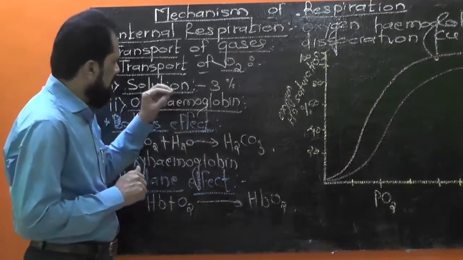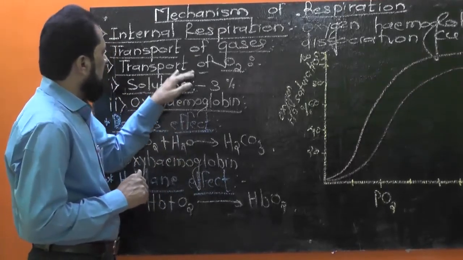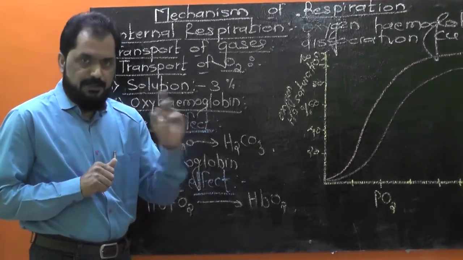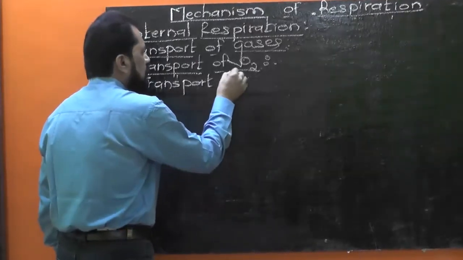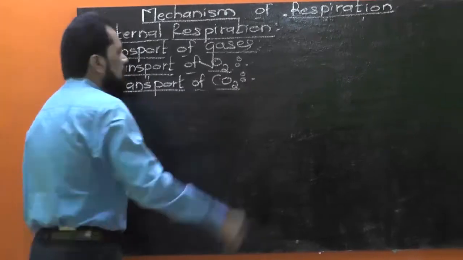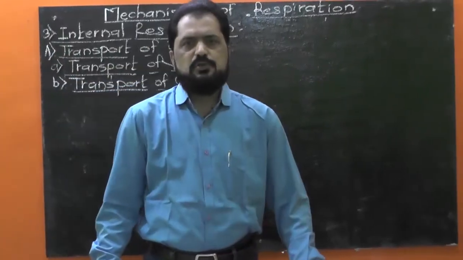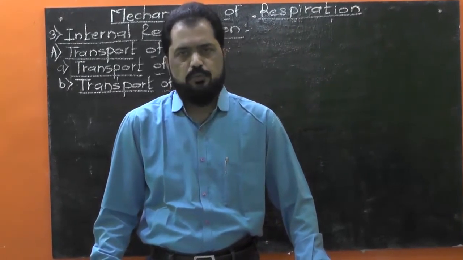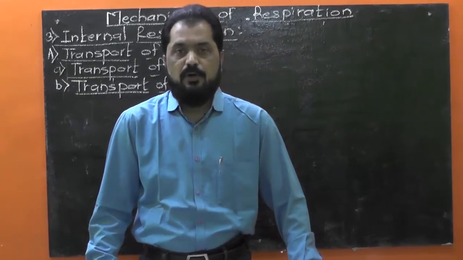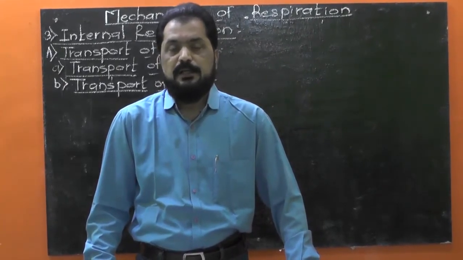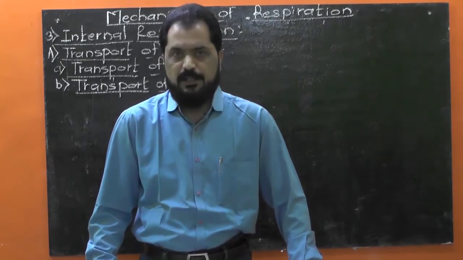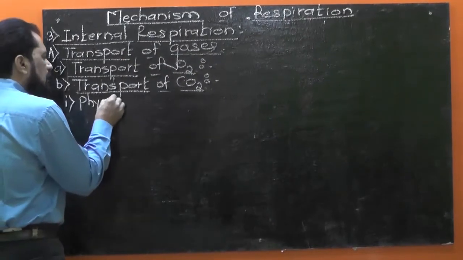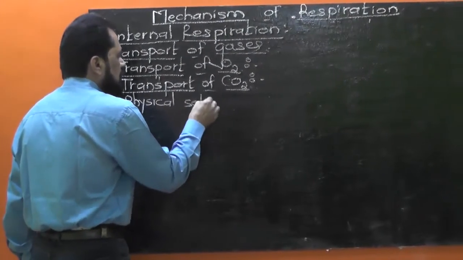So here we have discussed the transportation of oxygen. Now let us talk about the transportation of carbon dioxide. Let us see. Transport of CO2. Carbon dioxide is also transported in three different forms, such as in the form of physical solution, then in the form of carbaminohemoglobin, and third in the form of bicarbonates. Let me teach you one by one each. First, in the form of physical solution,